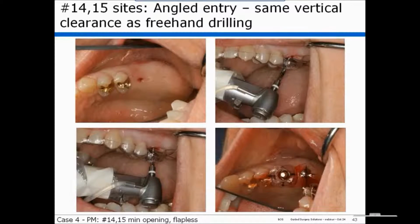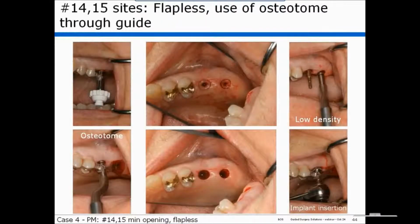So we made a pilot hole. I inserted at an angle as seen in the top right panel, swung vertical, and drilled the depth. And you can see the position on the right side through the occlusal view of a guide pin. I used a tissue punch,